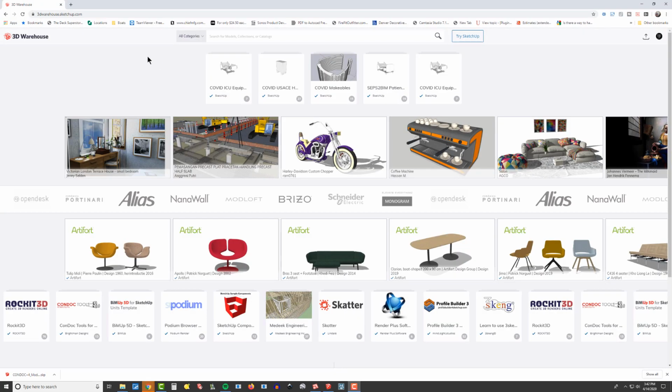In ConDoc 4.8, we've added dynamic topography. So basically, your SketchUp terrain is now linked to your site plan and your topography lines. Let me show you. All right, so the first thing that we need to do is head over to the